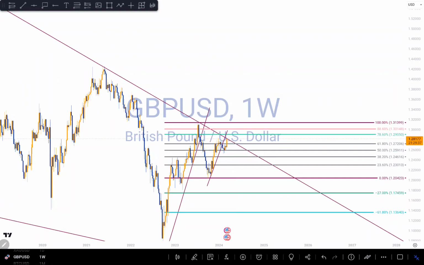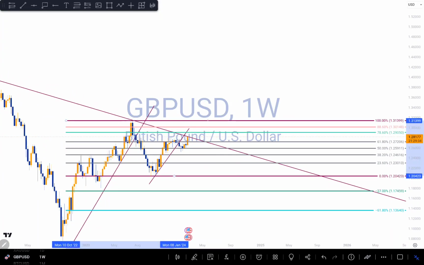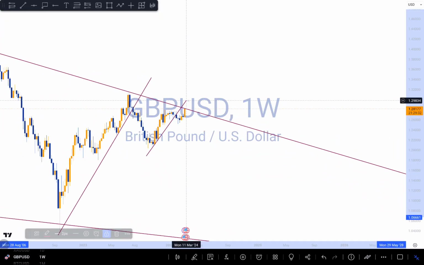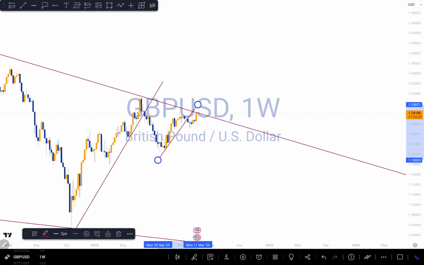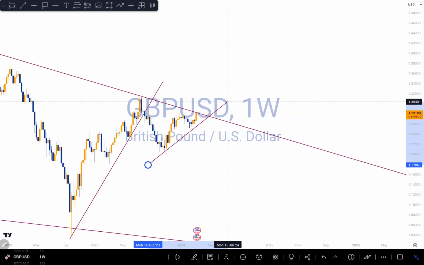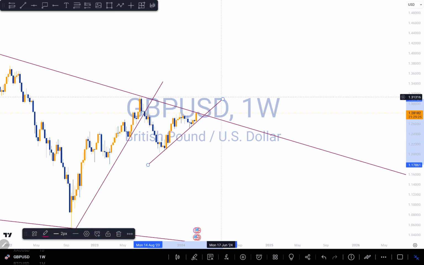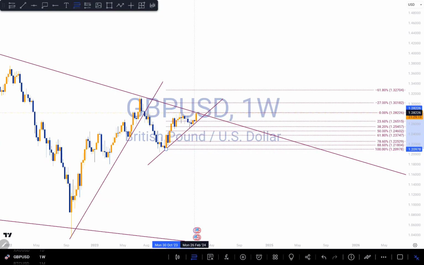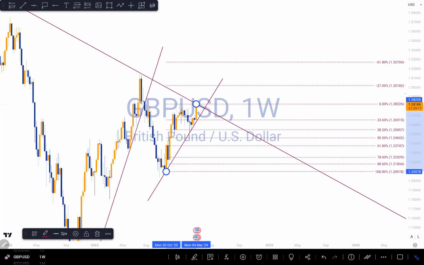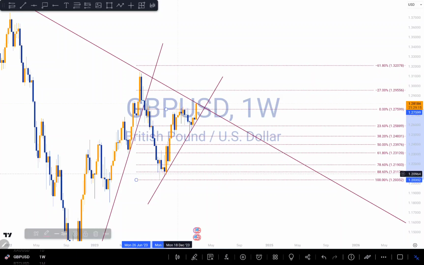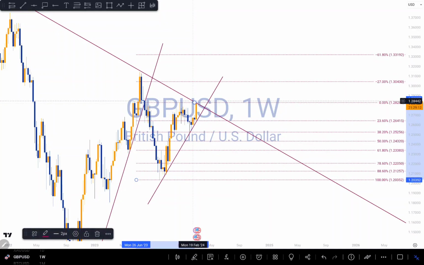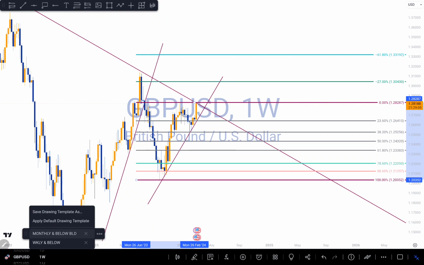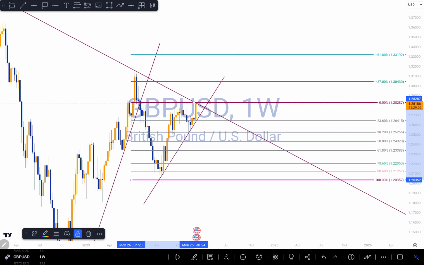Let me delete this fib right here. I'm going to readjust this one as well. Let's do this from here to here. Let me use my mini fib right here to see, okay, from here to